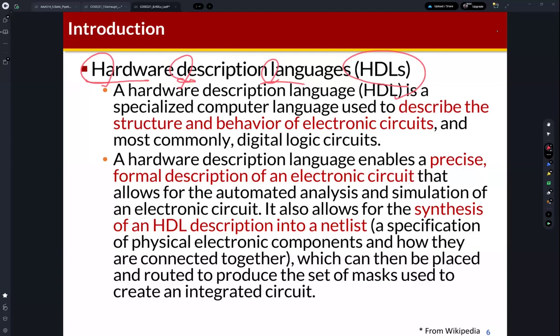Then why do you use hardware description languages? Because we want to build a hardware system. Okay, so this is the purpose of the hardware description languages. HDL, the hardware description language, describes the structure